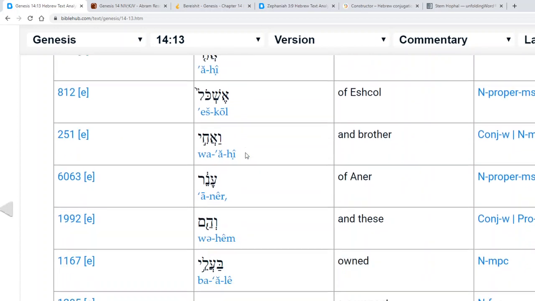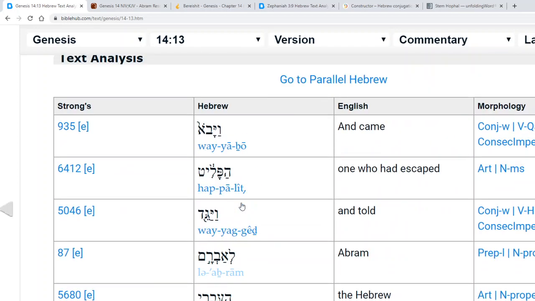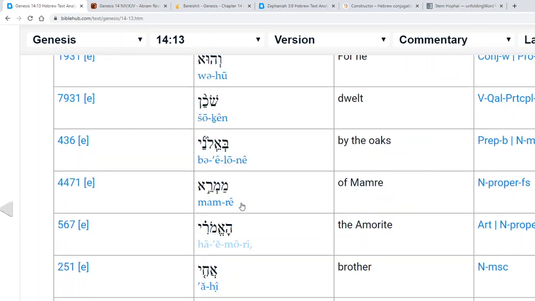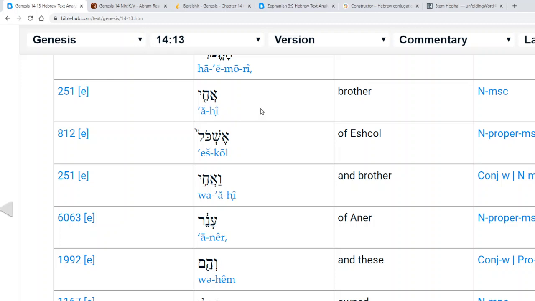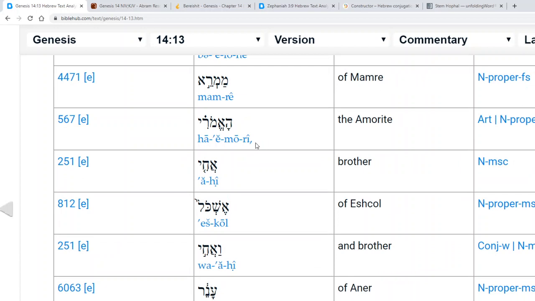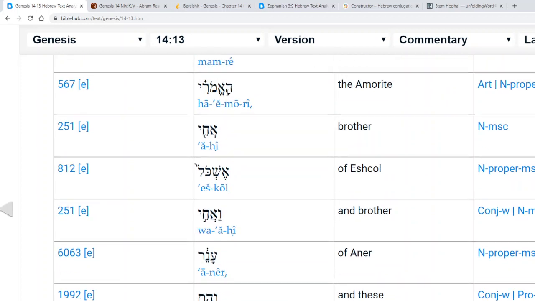Ha-Emori, Achi Eshkol, Achi Aner, Vehem Ba'alei Brit Avraham. Yeah, you know what? It's almost like it's two sentences. It is like it's two sentences. Achi Eshkol Ha-Emori. The Amorite. So the Amorite, whoever he is, is the brother of Eshkol and Aner, and they, which I guess is Eshkol and Aner,